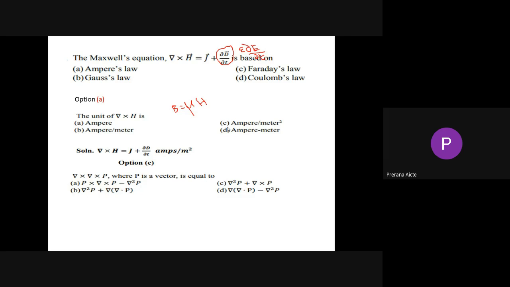So what is the distributive law? Either in the summation or in the product. Suppose in terms of summation, A into B plus C is equal to AB plus AC. So A cross B plus C is equal to A cross B plus A cross C. In terms of product, A cross B cross C is equal to